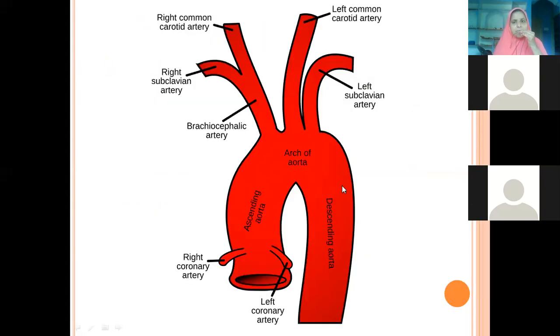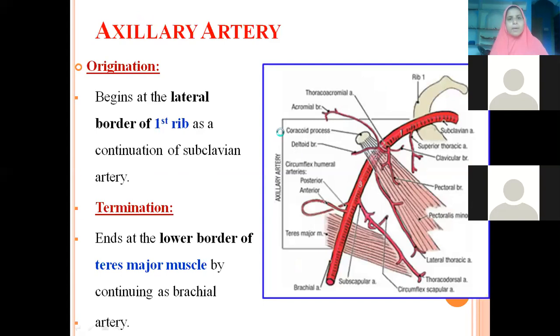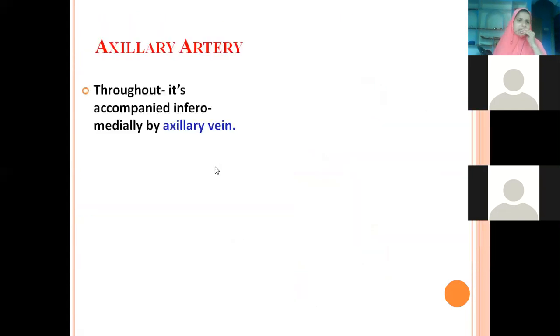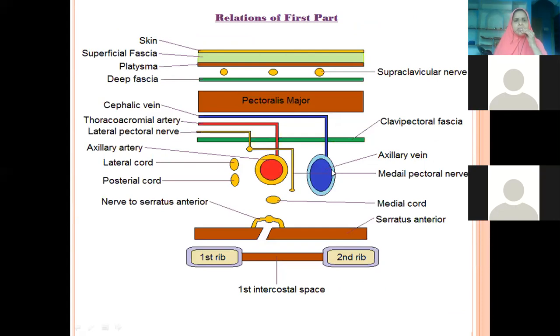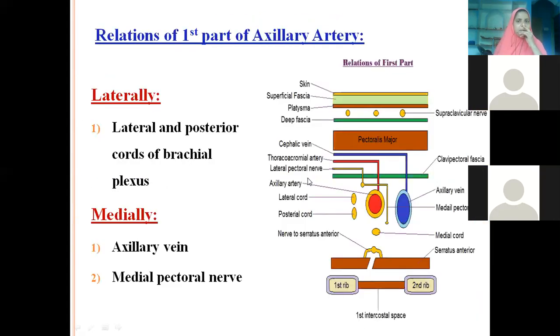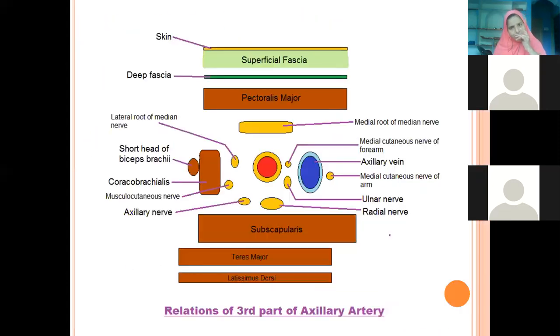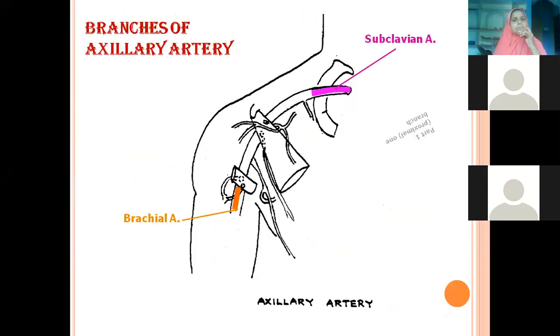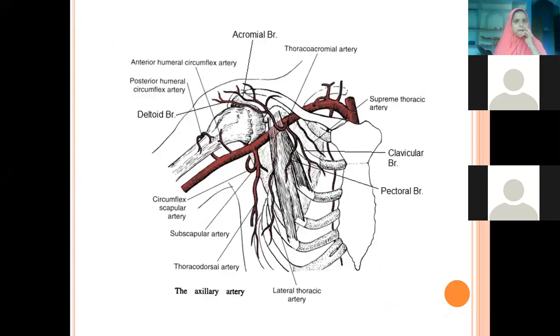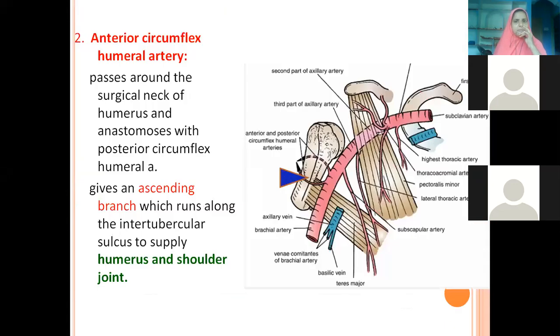And the axillary lymph nodes, I'll take a separate class for this. See, this is arch of aorta and this is the brachiocephalic trunk. On the right side, we have subclavian artery continuing as axillary artery. On the left side, we have left subclavian artery coming as a direct branch of aorta. Whatever I have discussed, I am moving fast, but this is text, and with the help of the diagram, I gave you complete explanation. First part, second part, third part, everything we have discussed.